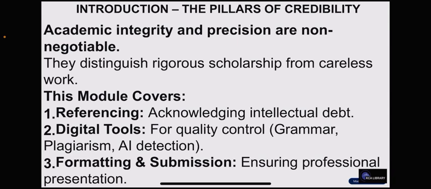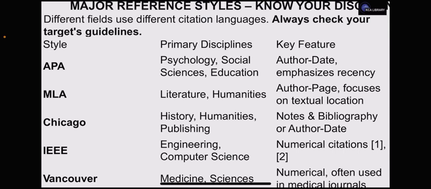So this module covers referencing, digital tools, formatting and submission. Referencing has to do with acknowledging intellectual debt, while the digital tools are there for quality control, grammar, and plagiarism or AI detection. And also the formatting and submission is there to ensure professional presentation. So now let's move on to